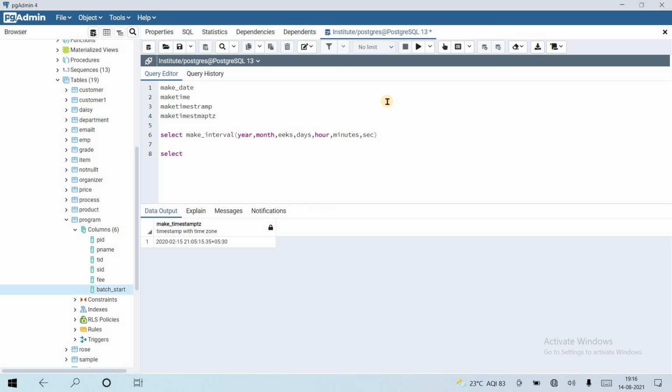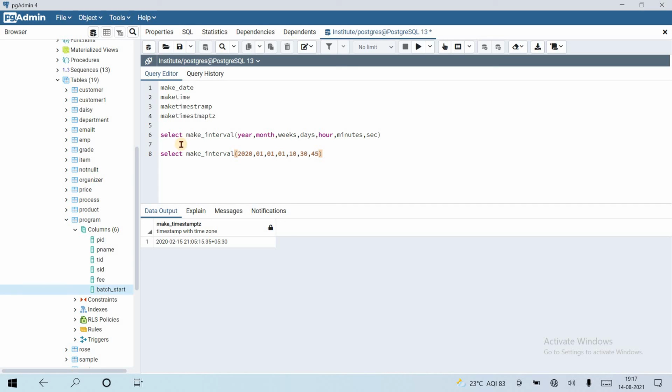Okay, let's see with the help of an example. Select make_interval of, suppose just pass 2020 year, 01 month, 01 week, 01 day, and hour, minute and second.